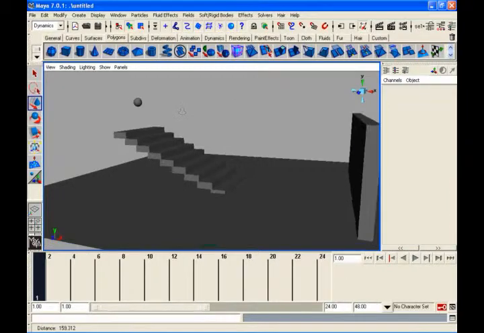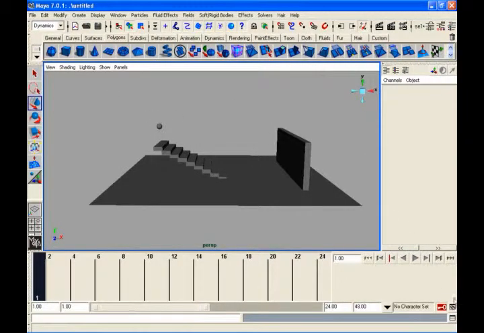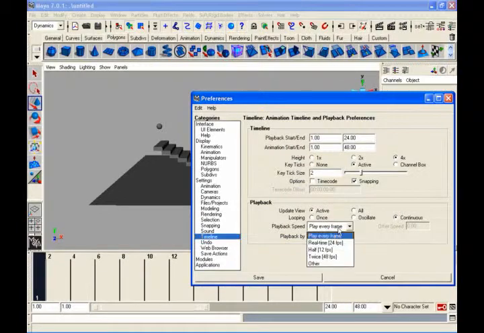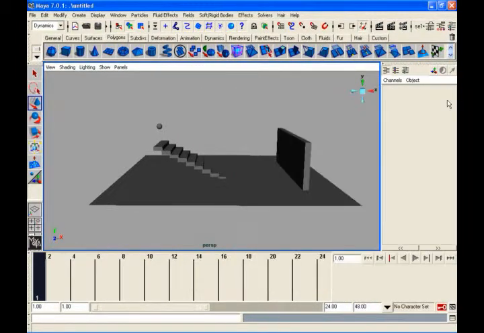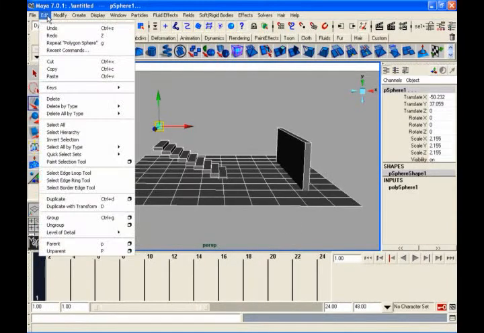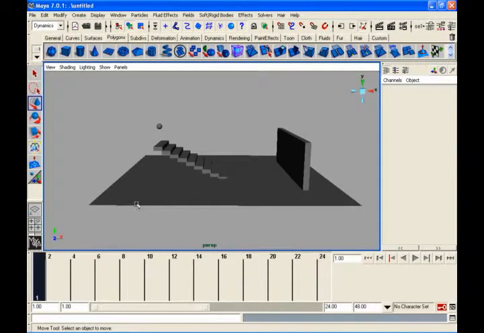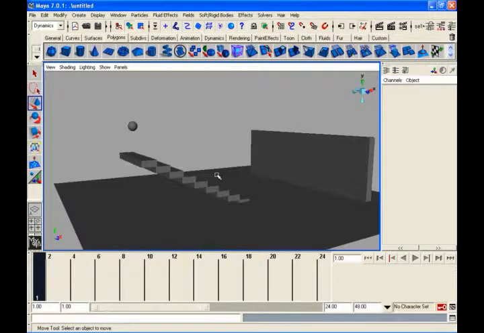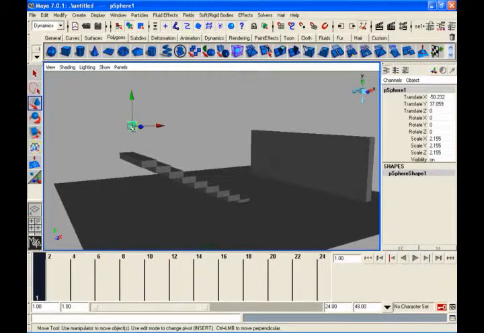So first thing, you have to go to animation preferences and set your animation preferences to play every frame. This is very important. This is not animation, this is dynamics. It has to calculate each and every frame. So first of all, play every frame, set it, close, that's enough. Then select your objects and delete the history, very important. Before doing the simulation, after modeling, you delete the history, because you may be extruding, doing booleans, and all these operations. Delete all those operations so that it can calculate only a single node, which is your transform node, nothing else.